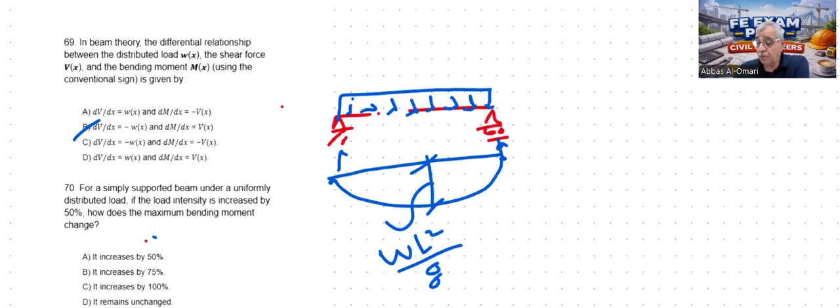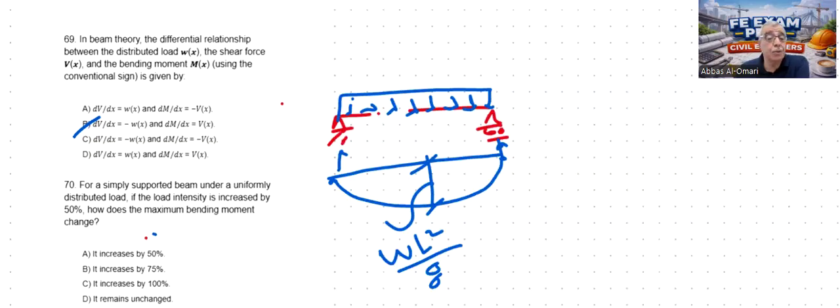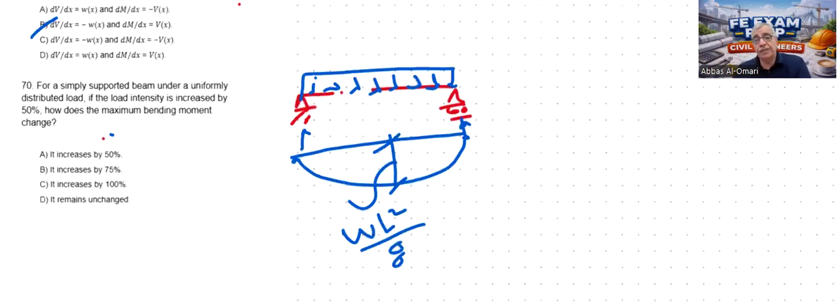The next question: for a simply supported beam under a uniformly distributed load, if the load intensity is increased by 50%, how does the maximum bending moment change? Now we still have this formula. The question is, if the load is increased by 50%, how much will the moment increase? From this formula, the relationship between load and maximum moment